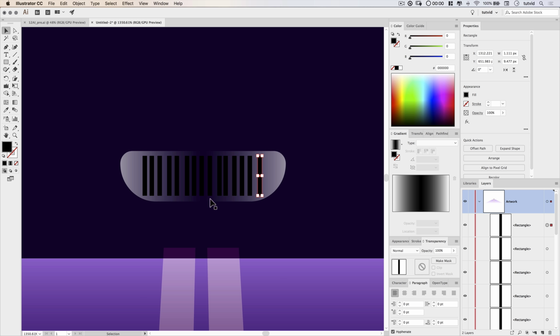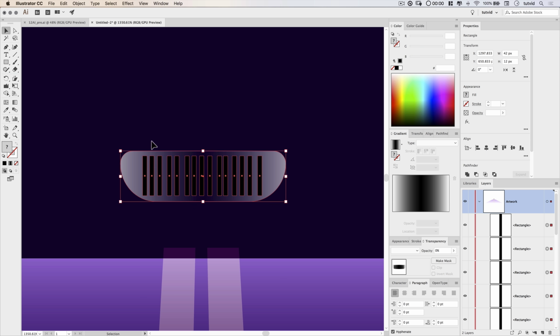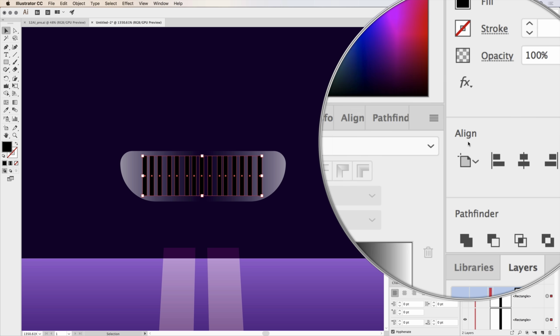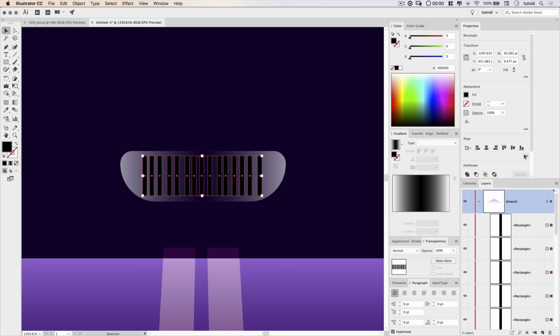And then I want to go ahead and select them all. Now, it's a little difficult to select them, so I'm going to drag a selection over all of this stuff. Of course, it's selecting that rounded rectangle as well, so hold down Shift and just click on that rectangle to deselect it. Now that we have these objects selected, in our Align portion of the Properties panel, we want to make sure that we're aligning to the selection and not the artboard. So Align to Selection and distribute the horizontal centers. There we go, just like so.